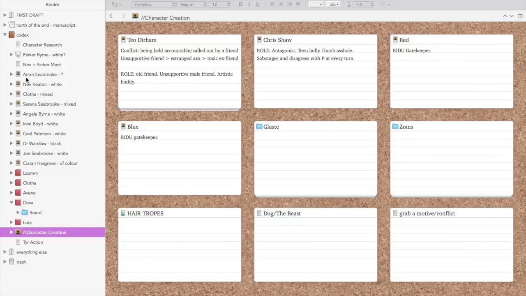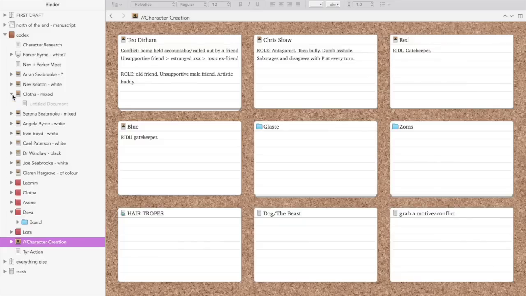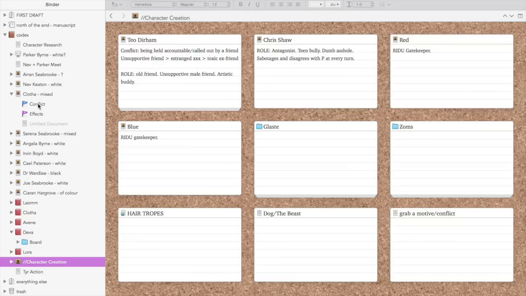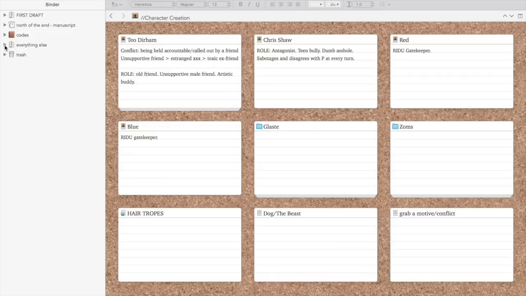So my main codex is my characters, because that kind of encapsulates everyone's subplot, or everyone's plot. Motive, conflict, effect: between all that is what's going to happen to them. And then everything else, so this is basically the rest of my codex. And so I've got my sort of useful